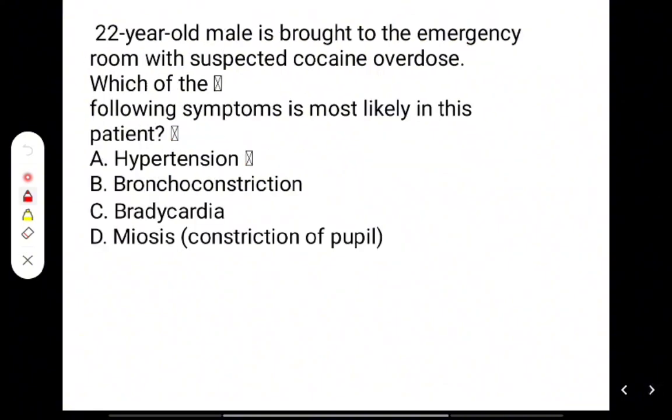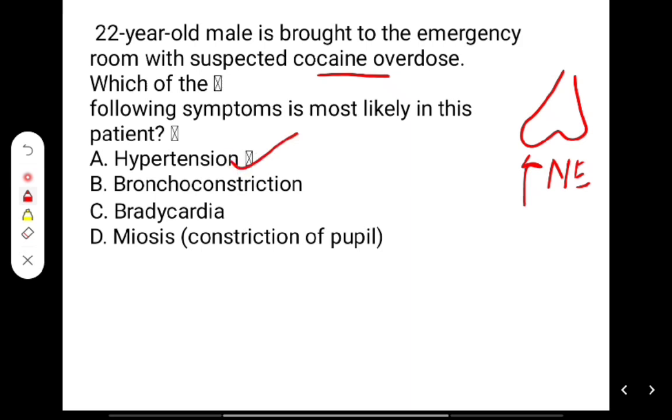A 22-year-old male patient is brought to emergency room with suspected cocaine overdose. Which of the following symptom is most likely seen in this patient? Now, cocaine is an indirect adrenergic agonist. Indirect means it will prevent the reuptake of norepinephrine. Therefore, the norepinephrine will increase in the synaptic cleft. This increase will lead to increase in BP, hypertension,